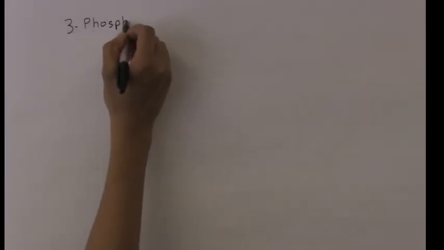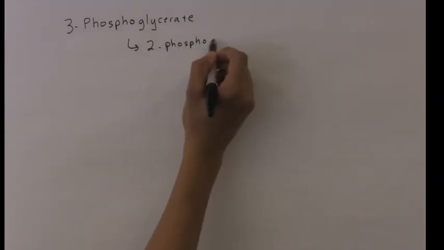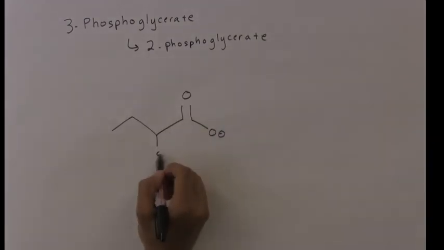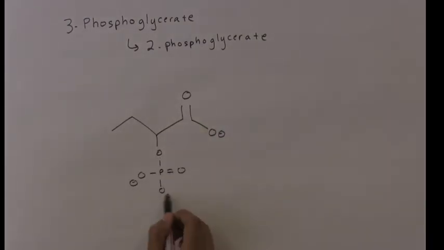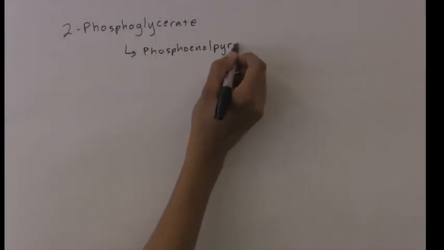3-phosphoglycerate is converted into 2-phosphoglycerate. The only difference between these two molecules is the position of the phosphate group, which is moved from the terminal carbon to the middle carbon. Hence, the number changed from 3 to 2. 2-phosphoglycerate is converted into